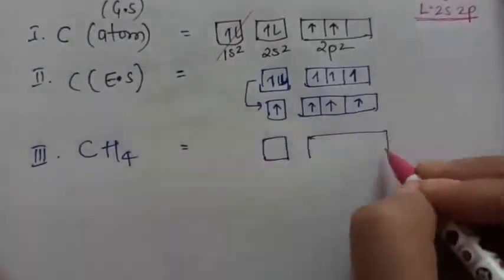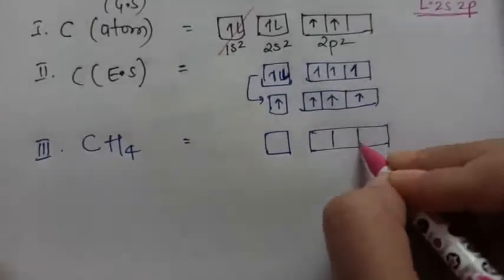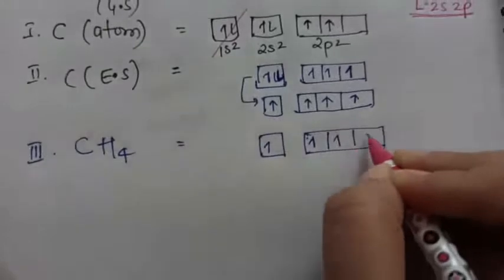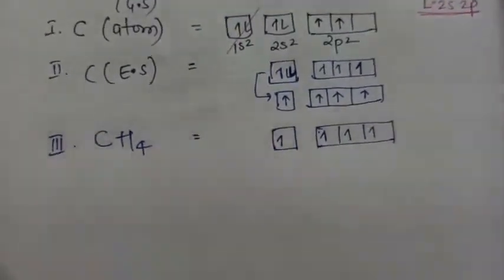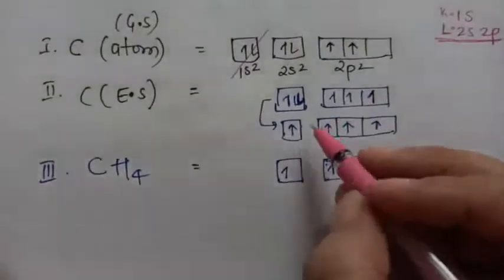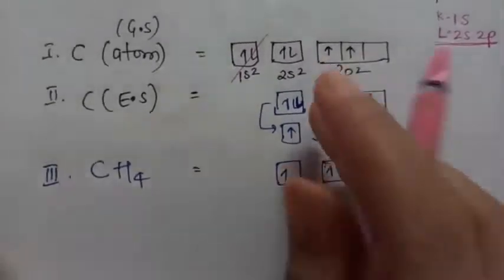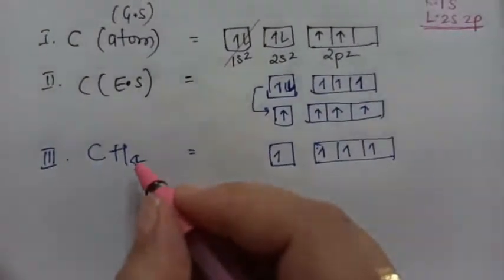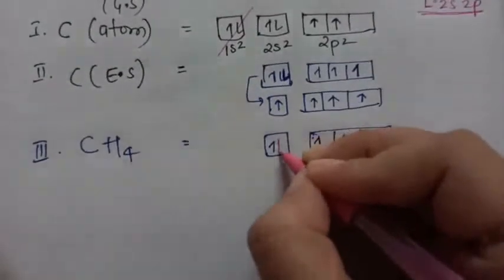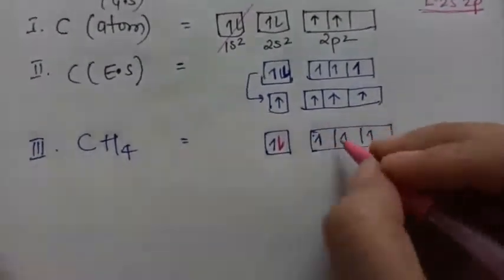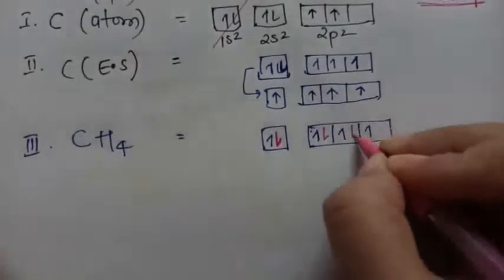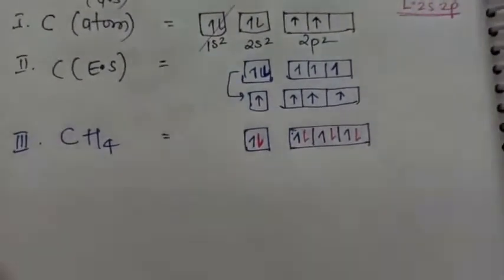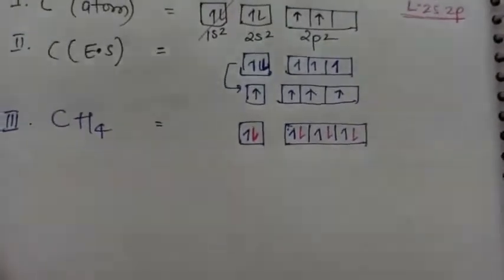Again, you draw the orbitals as you drew above. You draw all the blue electrons. You have to assume these electrons are of carbon. We are not assuming, actually they are the electrons of carbon, because this was the configuration of carbon itself. Now you can see 4 hydrogens. So 4 hydrogens you will join like this, all the electrons anti-clockwise. So the blue electrons are of carbon and the pink ones are of hydrogen.